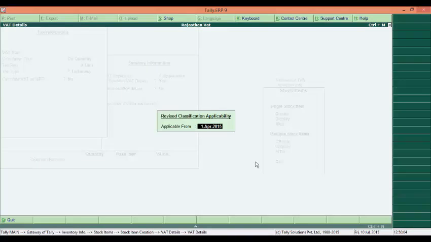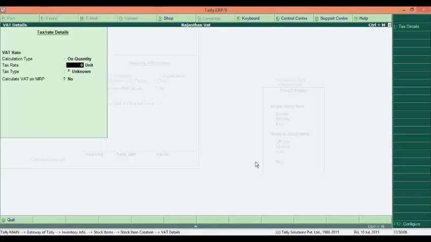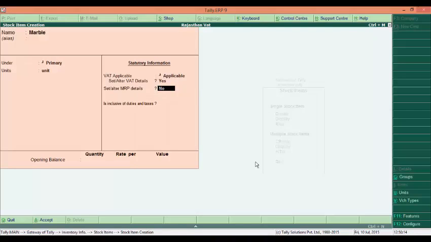Applicability from 1st April 2015. Tax rate 100 rupees per unit. Now save this and specify some opening stock.